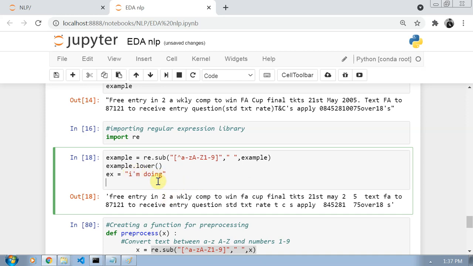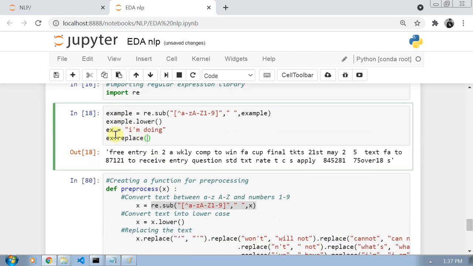So I will say x dot replace, this is the syntax: x.replace, what I want to replace, this single quote, and I want to replace it with a space am.